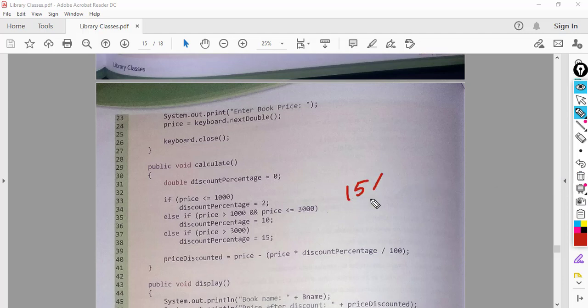So we have not done 15% yet, we have not done 10% yet, and similarly we haven't done 2% yet. We have just taken this part of the percentage, okay. We haven't applied divide by 100 yet, that is applied here, okay. So you can see discount percentage divide by 100. That divide by 100 is done here, that divide by 100 into price, okay. So this will give you the discount that will be there. So the final amount will be price minus the discount, okay, and that will be stored into the price discounted variable.